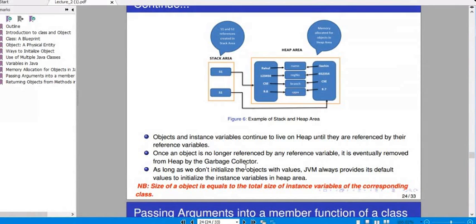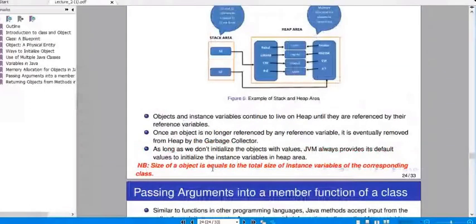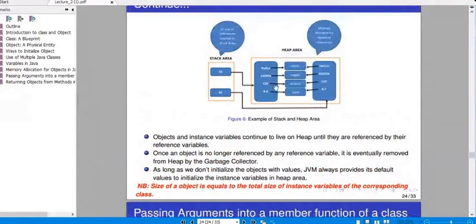Okay. As long as we do not initialize the object with values, as I have already told, the JVM always provides default values to initialize the instance variables in the heap area. The size of the object is equal to the total size of the instance variables of the corresponding class. So what is the size of this object? That is the total memory capacity of the data members of the class Student.